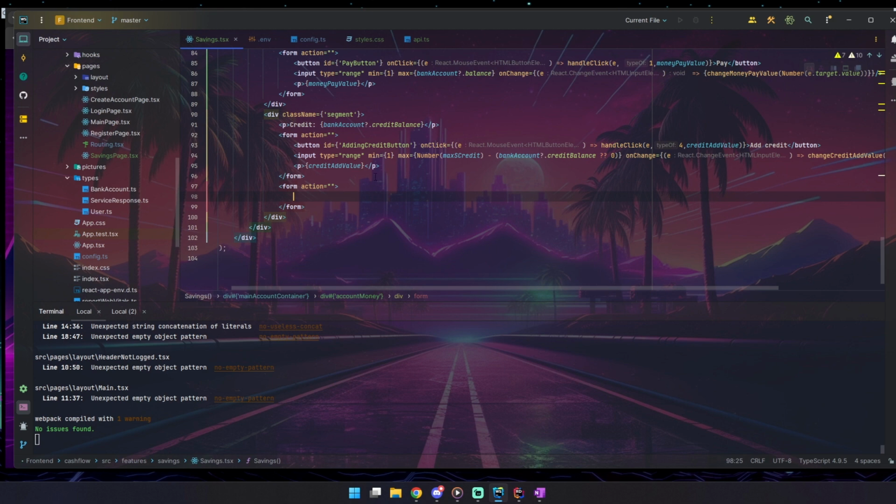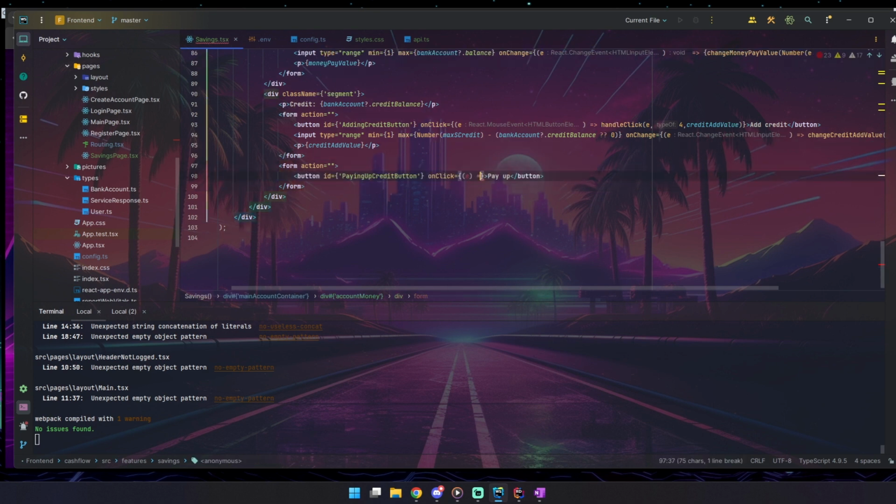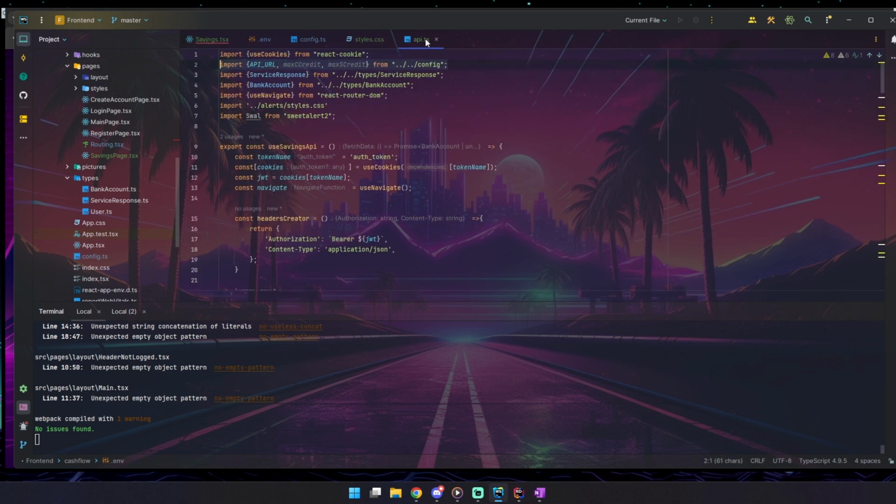But this form will be for paying up. ID: paying up credit button. Pay up. On every click, we will use our handle click key, then type of